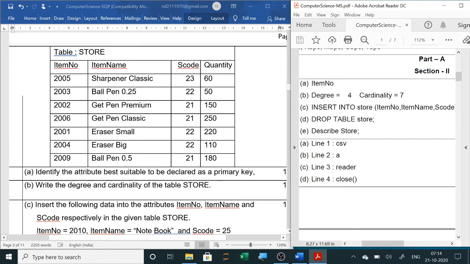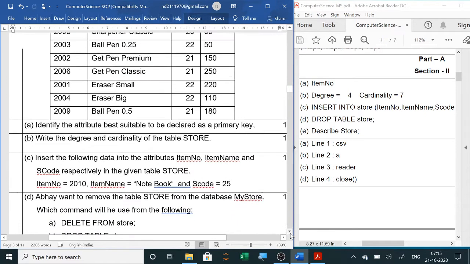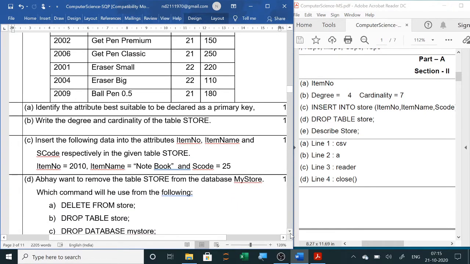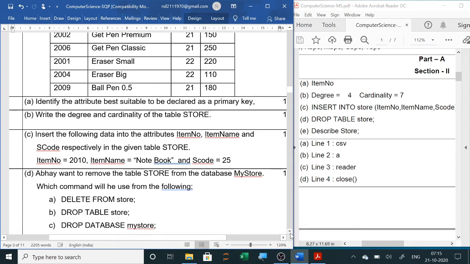Next, we have to insert the given values. So we will start inserting here. The command will be INSERT INTO Store, in brackets all the column names, then VALUES, and then in brackets all the values.